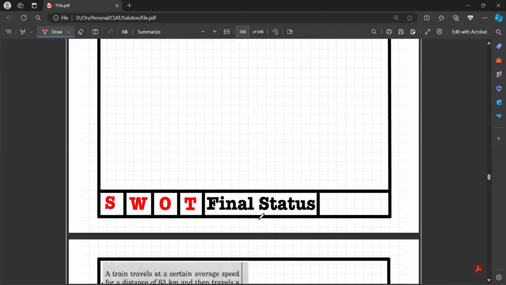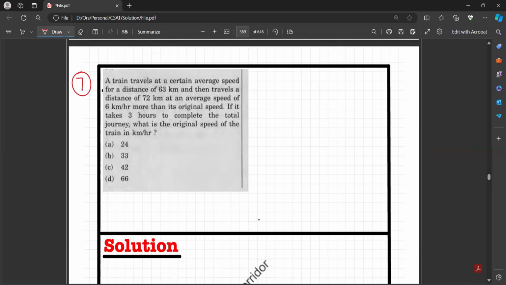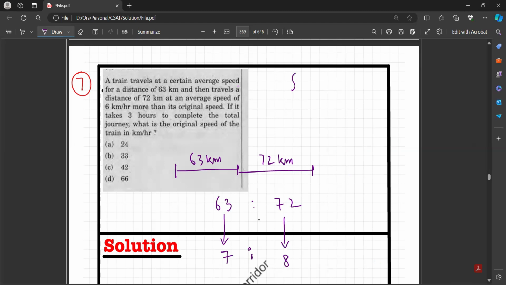लेट अस प्रोसीड टू द नेक्स्ट प्रॉब्लम, दैट इज क्वेश्चन नंबर 7। अ ट्रेन ट्रेवल्स at a certain average speed for a distance of 63 kilometer and then travels a distance of 72 kilometer at an average speed of 6 kilometer per hour more than the original speed for the next 72 kilometer। 63 और 72, सो कितना रेशियो हो गया, अगर हम इसको 9 से डिवाइड करेंगे 7, इसको 9 से डिवाइड करेंगे 8, तो S इज इक्वल टू VT।